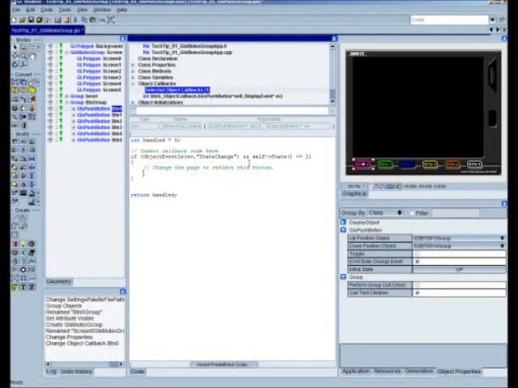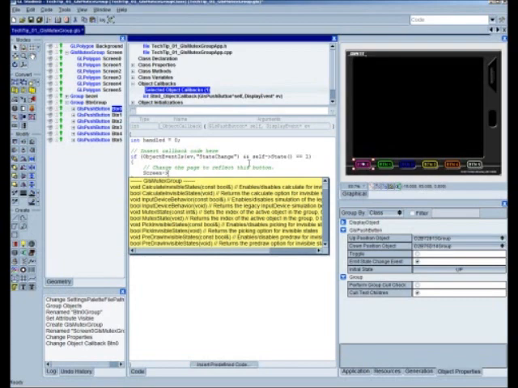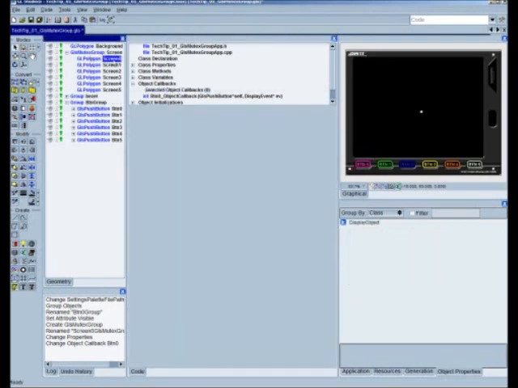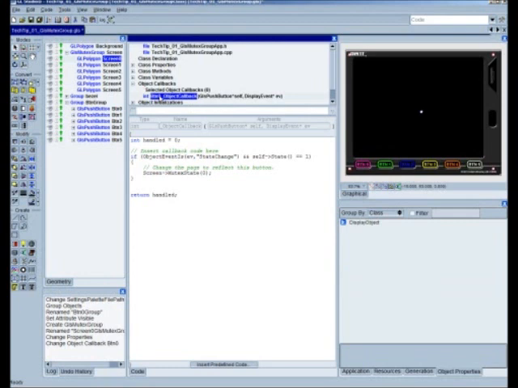Well, in order to do that, as I mentioned before, the Mutex group, or any group, is literally an array. And we can access a specific object in the array. So we want to say, screen, we want to change, and we see our IntelliSense come up. We want to change its Mutex state to whatever our array index is. In this case, button 0 is at array sub 0. So it would say, screen's Mutex state is now equal to 0. And this will change our active Mutex state to be screen 0, or our pink screen. We'll complete this by saying we've handled this event, so handled is 1,